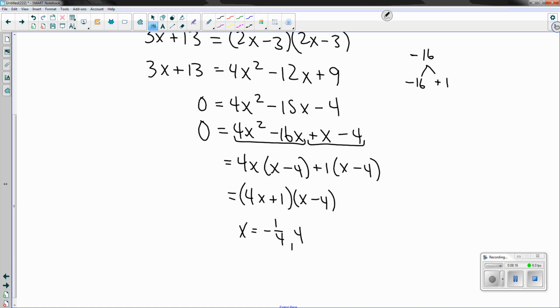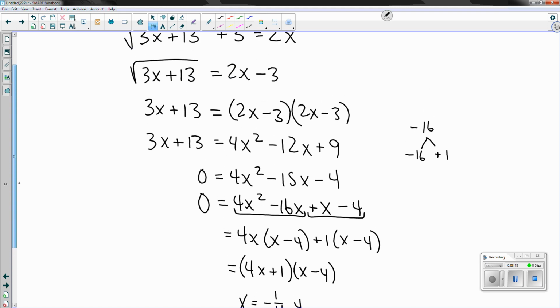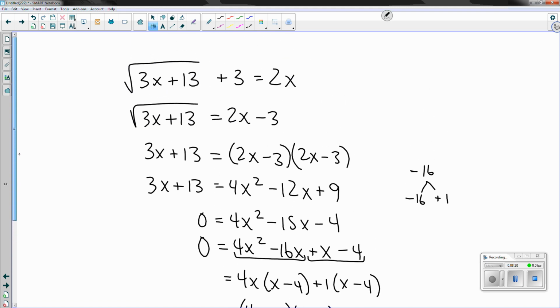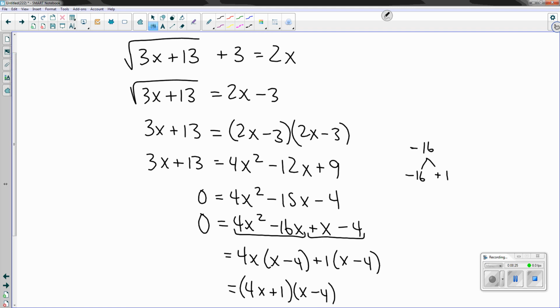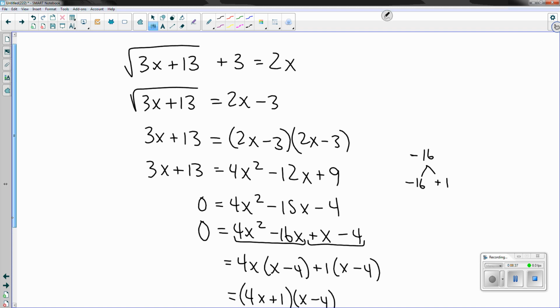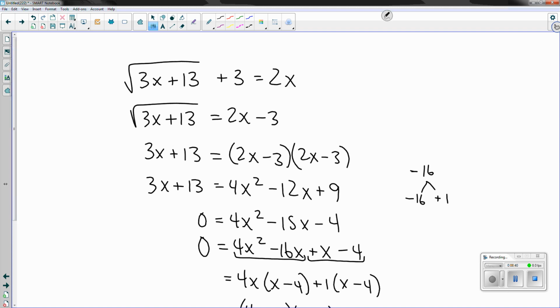Now, with quadratics, multiple solutions in radical equations, we must check our work for potential extraneous solutions, meaning we might have answers that are valid as a result of the algebra, but when we go to plug them back in to see if they satisfy the equation, they may not, in fact, be true. And that can happen often because of the restricted domain nature of a radical function, especially the even index radicals. So if we plug in both of these, you will see